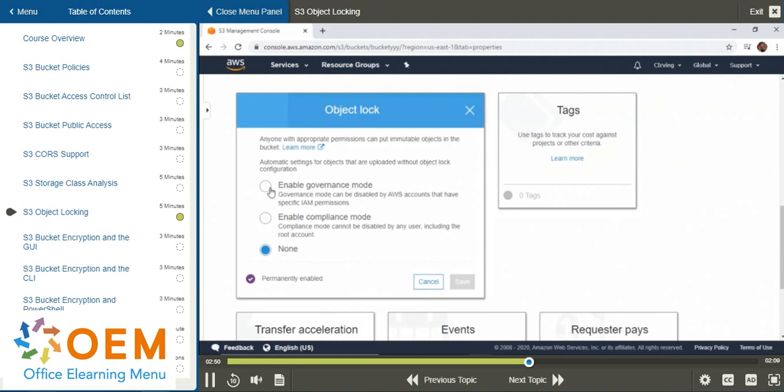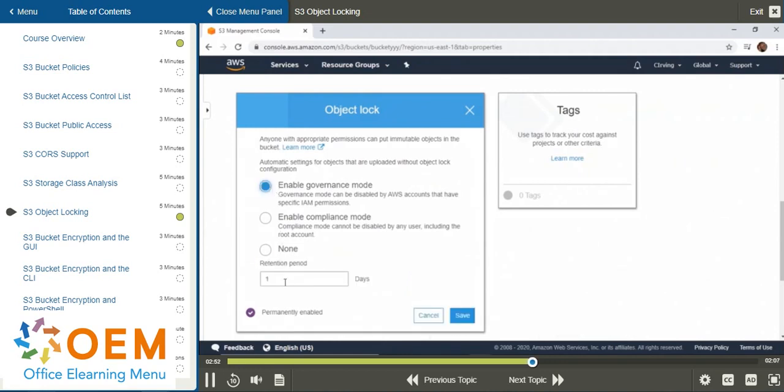Now, either way, if you were to choose governance mode, you have a retention period, the default of which is 1 day. The same thing is true for compliance mode. What does this mean? That really means for how long, in governance or compliance mode, objects will be locked, after which you can then delete them if you need to. So I'm going to go ahead and turn on